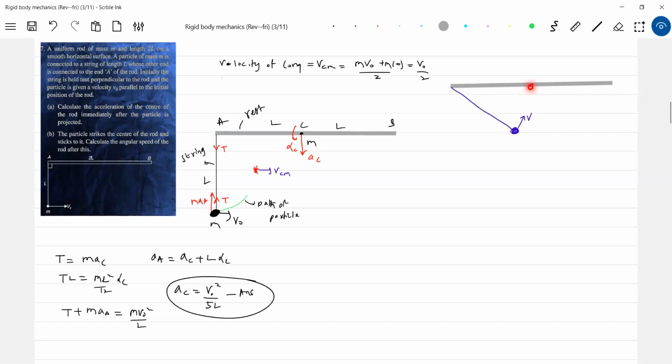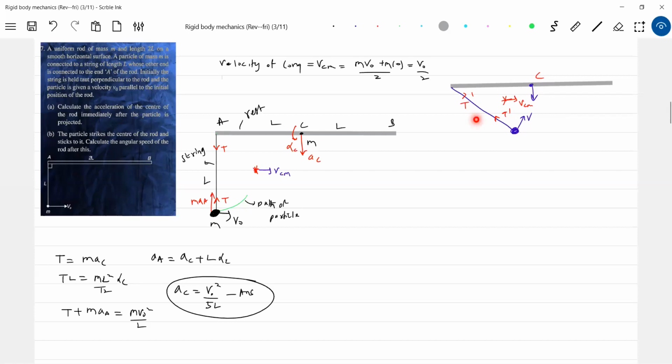Due to acceleration, the rod will try to move. So the tension, T dash. Just for our understanding purpose, the center of mass will continue its uniform velocity motion. What is the net force on the system along the x or y axis? It will be zero, no? So the center of mass will continue.